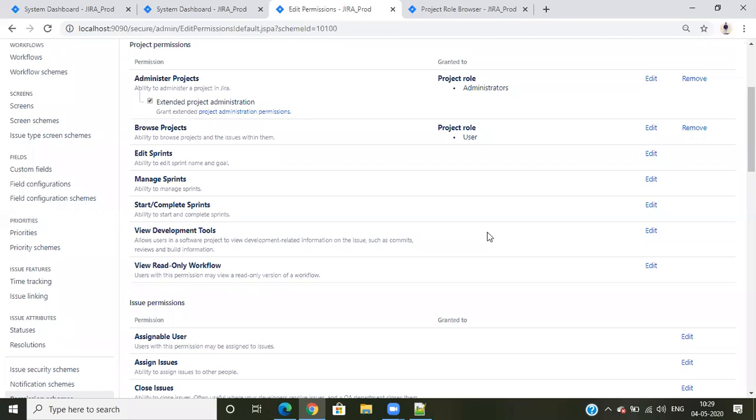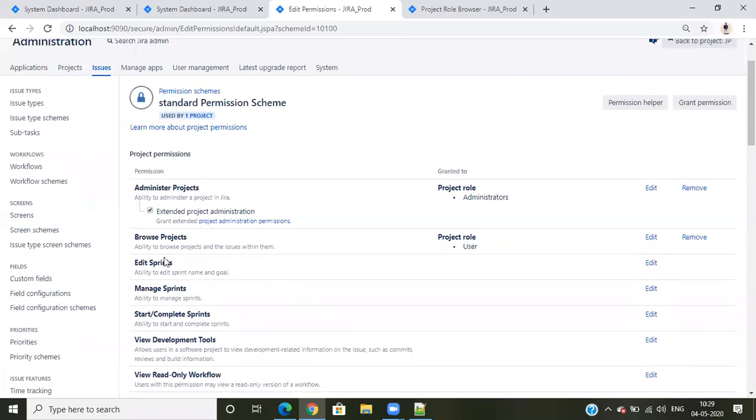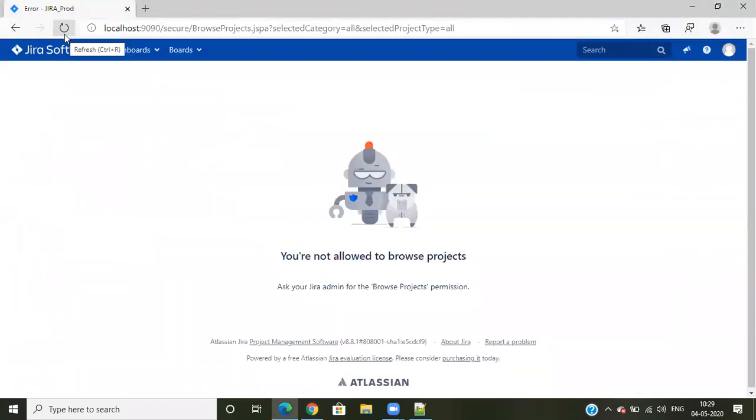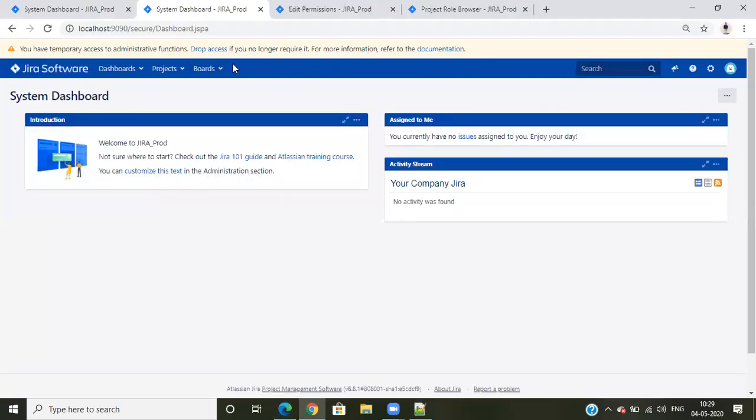Can you see these permission schemes? Users, project browsers, and a users and project administrator. If you refresh these persons now, Bharat cannot see all. And as a Jira administrator, I cannot see this create button now. Can you see? And if I go to projects, there are no projects. The view all projects option is also not coming.